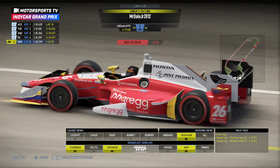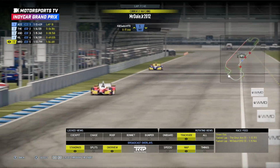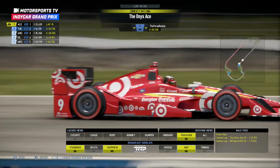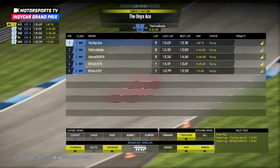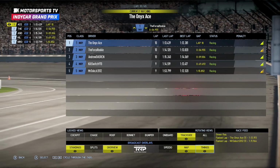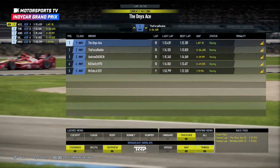So everything looks to be A-OK. I think the 26 car is a lap down. It's appropriate time to switch on to the board and look at the timings. Right now everybody is on lap 10 except Kill Switch and Mr. Dale Jr. 2012. Right now the lapping times, the best lap of the race by the Onyx Ace,